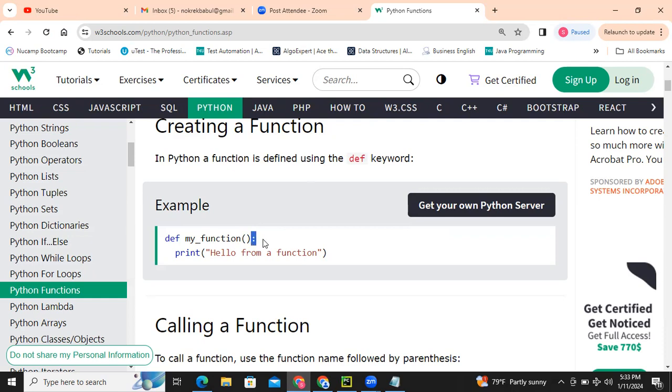And when you press the enter button, automatically the next line will be here with two spaces.